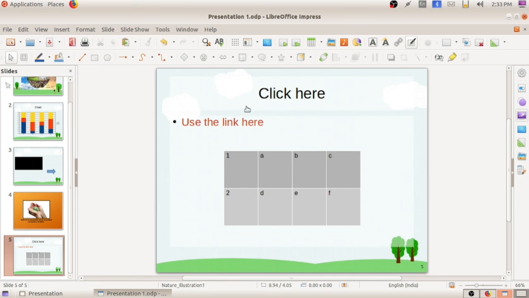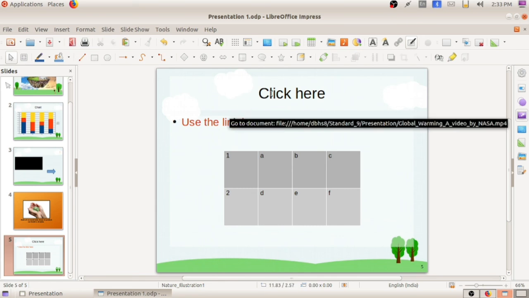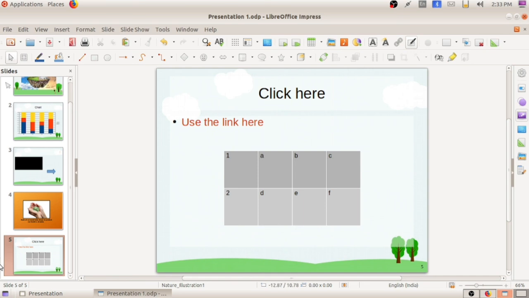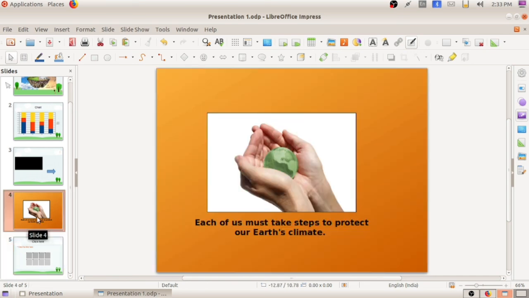And this is before going to the document. Next we have included another extra file from the school resource folder. There is a presentation, and from there we have added an extra file from outside. So that also we have studied, and we have sorted the slides and arranged the animation. So we have studied all these things.